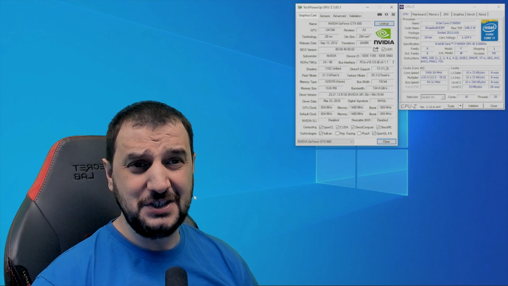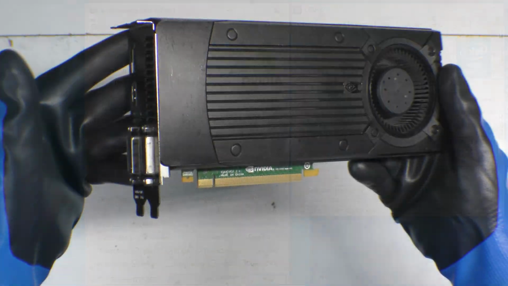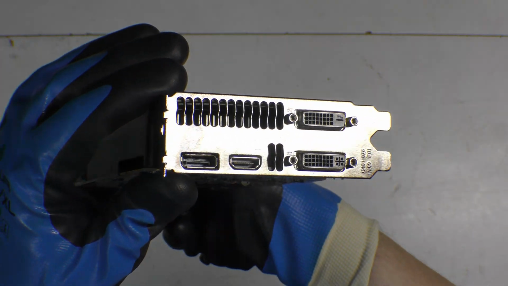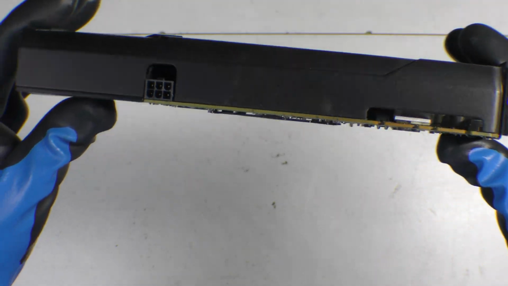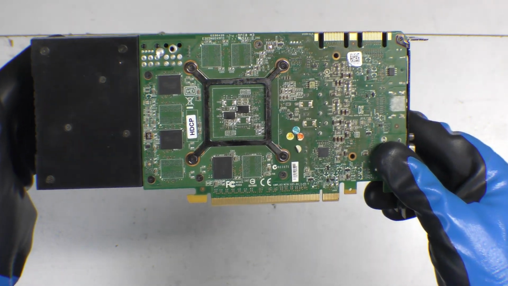We're in today with the GTX 660. This is a 2012 video card with 1152 shaders. It's got only 1.5 gig of VRAM, GDDR5, running at 824 MHz on the core clock, 1400 MHz on the memory clock, 192-bit bus width, and today we're gonna pair it up with this i7-6950X with 10 cores and